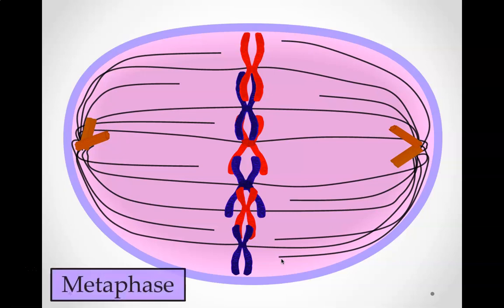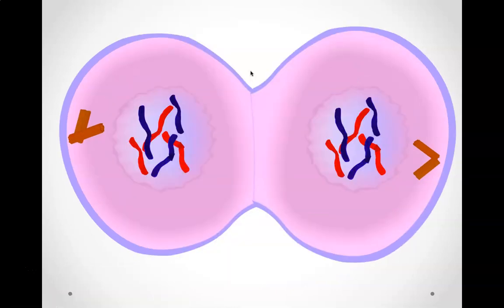This one is metaphase. M for middle. You can see the lineup of chromosomes in the middle of the cell. So this is metaphase. And at this point, our spindle fibers are attaching to the centromeres of our chromosomes. And last one,